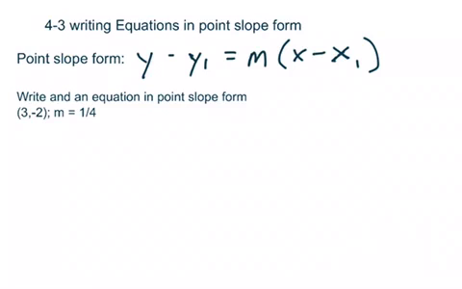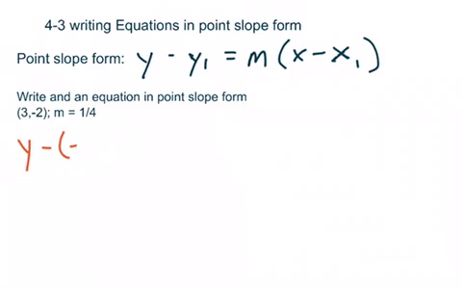Okay, so let's take a look at what we're going to be doing at the first part of your lesson today, writing an equation in point-slope form. In other words, we're going to take the three components that we have here. We have the ordered pair, which is our x and y coordinate, and then we have our slope, which is 1/4. We're just going to plug those numbers into point-slope form. So you'd say y minus, well, of course, my y coordinate,